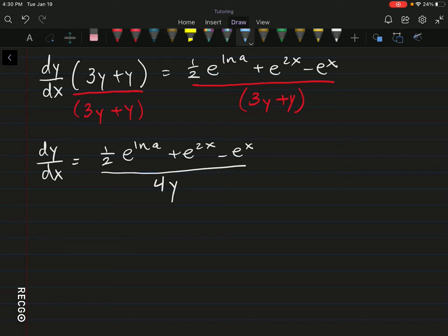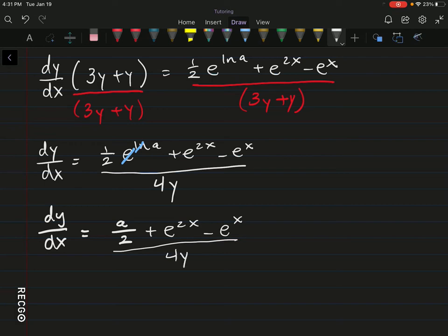Here we can cancel a few things out. So e to the power of ln, e and ln will always cancel one another, and whatever's left over is whatever will be left over. So this is going to become dy dx is equal to a over 2 plus e to the 2x minus e to the x